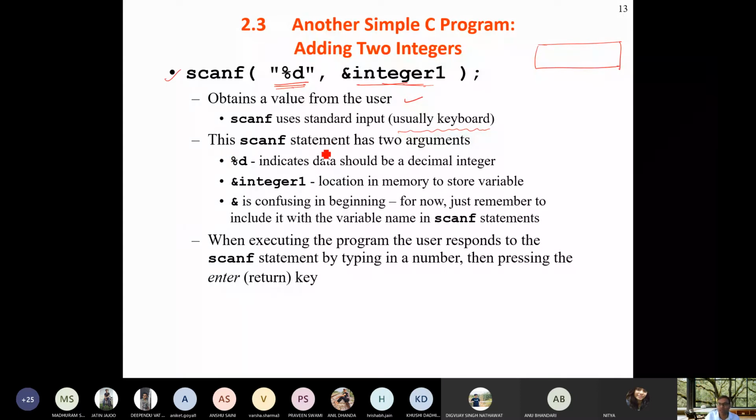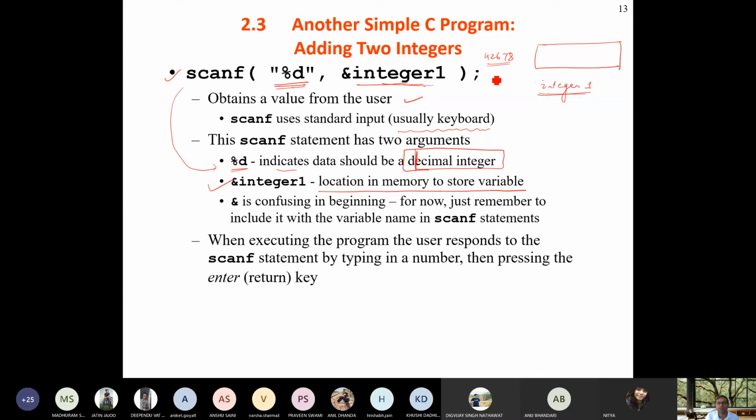This scanf statement has two arguments. I am talking about %d here, not every scanf. %d indicates the data should be a decimal integer. D for decimal. The second is the address of the integer, the location in memory where the variable is stored. I had written integer 1, which is identifiable for me, but memory works differently, with addresses like 42678.